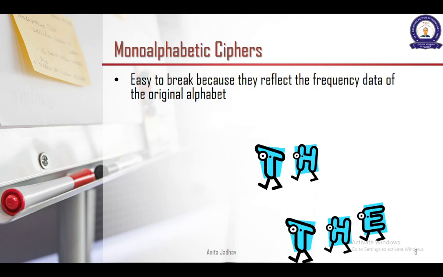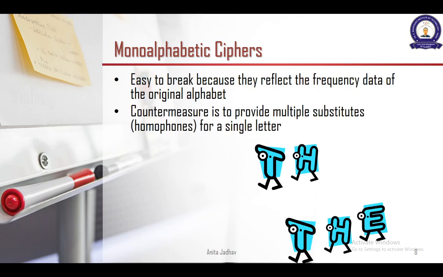So what does it mean? In the previous example, as I told you, every W will be replaced by I. So in the entire input, or when I look at the cipher text, the frequency of a letter in the input will be equal to the frequency of the letter in the cipher text also. So suppose in the input there are 3 times W. So while doing the cipher text, this W has been replaced by I. So in the cipher text, I will appear thrice. So the frequency of the letters is not going to change.